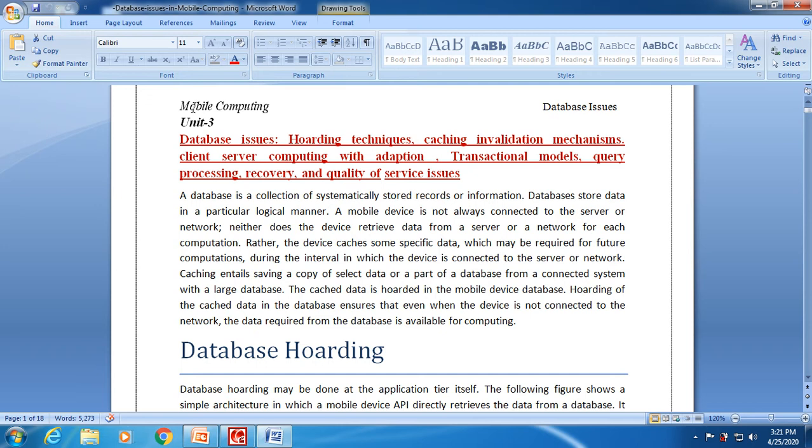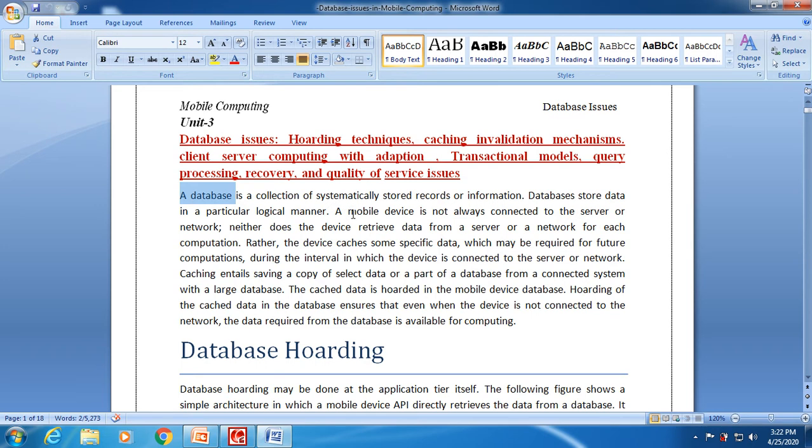First we will know the definition of a database. So what is a database? A database is the place where the information or records will be stored systematically. Basically in the database, the data will be stored in table format. In the table we have rows as well as columns. In the same way, a database stores the data in a logical manner.